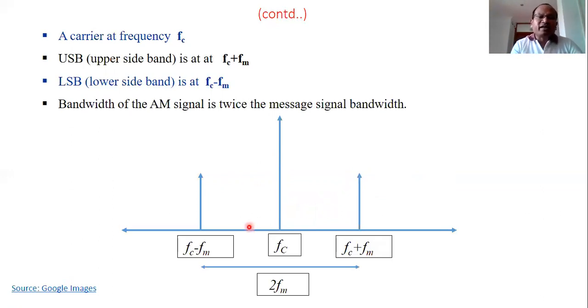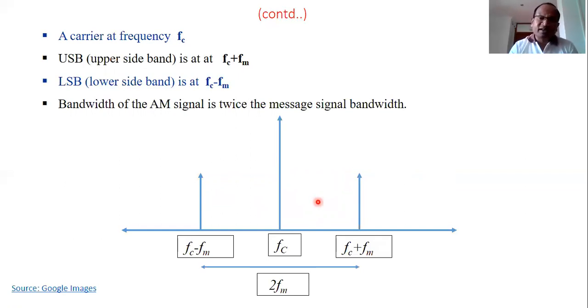If you look at the lower side, it is extending from FC minus FM to FC. How can we calculate it? Upper frequency FC minus lower frequency FC minus FM. So what value will we get? The same value, FM. What is FM? FM is the message signal frequency. That is actually the range, extending from 0 to FM hertz. So what is the bandwidth of the message signal? FM. So can we say that in either of the sidebands, lower as well as upper, the message is there? Yes.